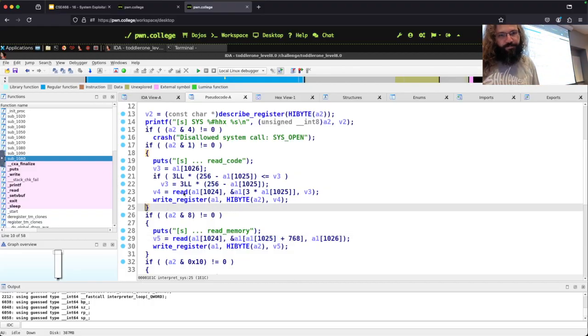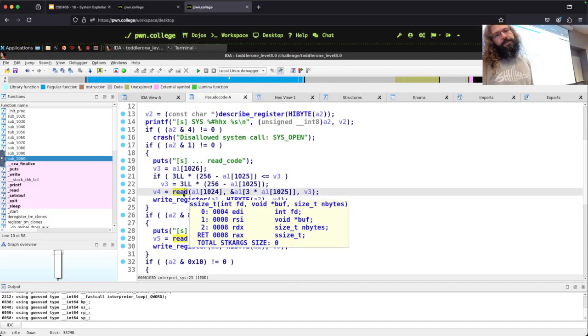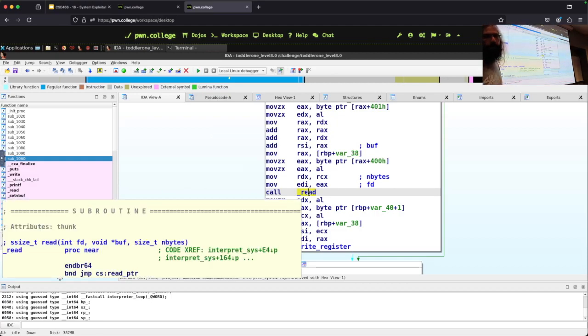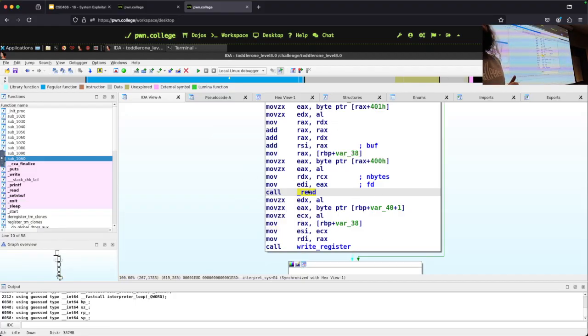And like this call to read, is this a literal syscall byte, like instruction? Do you see the word syscall on my screen? No. So it's not a literal syscall instruction. What is this calling into? It's calling into a libc wrapper, right? In general, back in shellcoding, we wrote shellcode that had the literal syscall instruction in it, right? In the x86 assembly. This isn't a literal syscall instruction.